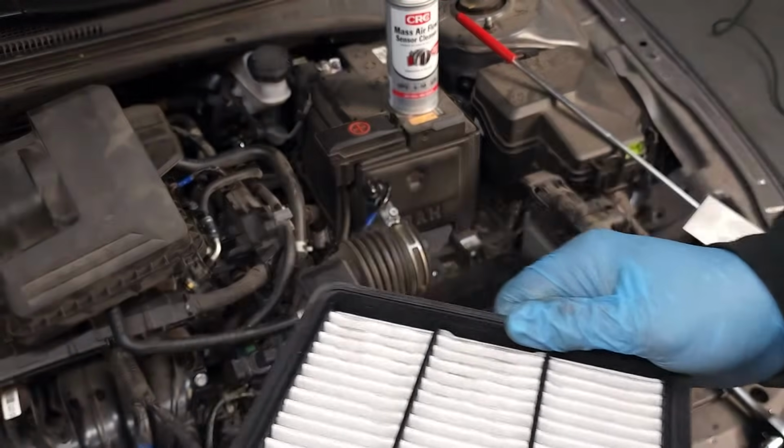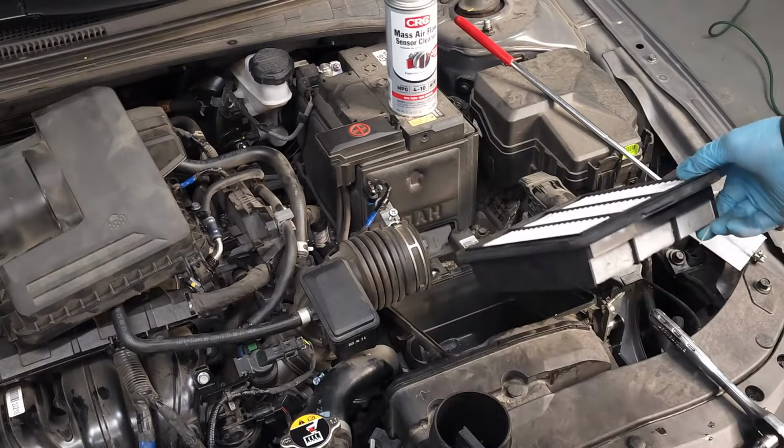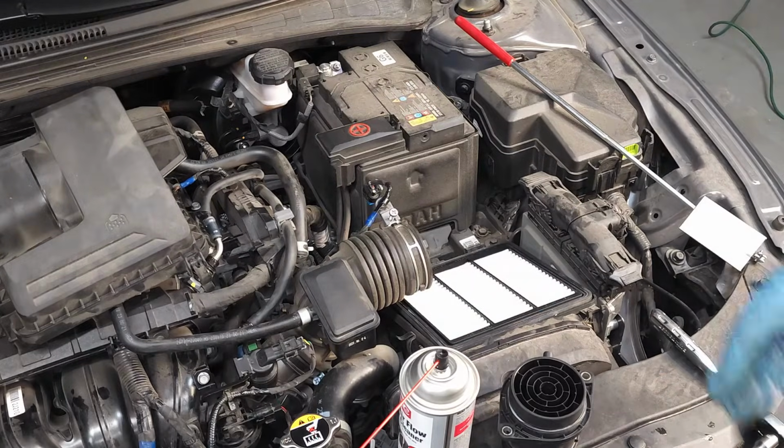Enough on the filter. So let's pretend that this filter is brand new. I'll deal with it later. Put it back in. So let's just say we've replaced the filter. I would drive the vehicle maybe 30 or 40 miles and see if the check engine light goes off by itself. If the check engine light stays on and it's still throwing the same exact code, I know this is